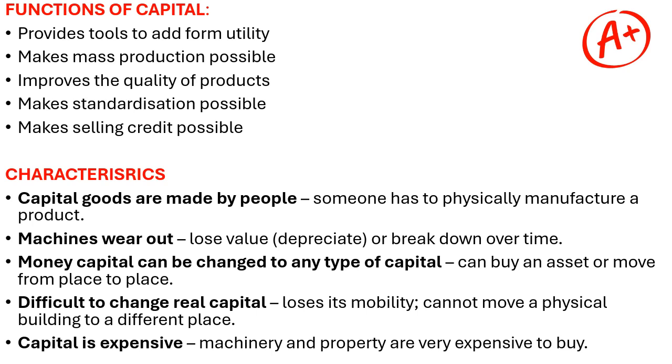The fourth function of capital, guys, in the economy, is that it makes standardization possible. Very important. What is to standardize? It is to bring a product to a common and acceptable standard. That's what is important. So that means capital, meaning the machinery and equipment and the money that is invested in those machinery and equipment in the production process,